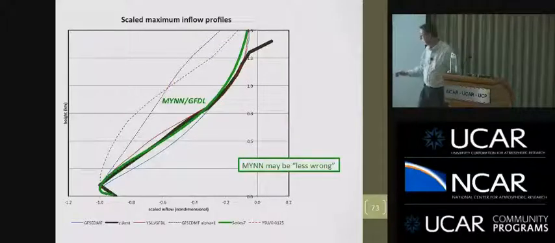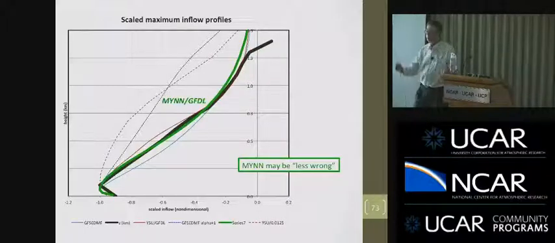And what I like to say is it doesn't mean that MYNN is more right. It means that MYNN is less wrong, okay? So sometimes I get in trouble for saying this, but I want to just explain that a little bit. My idea is parameterizations are attempts at taking great complexity and making things as simple as possible and no simpler,